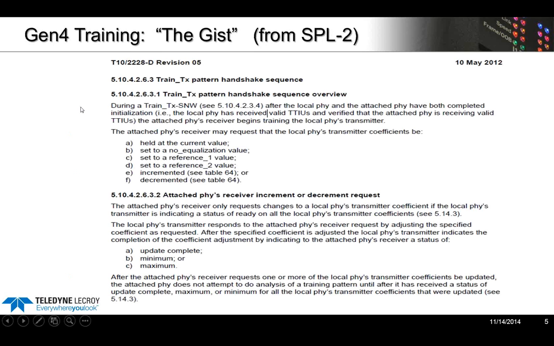From SPL2, we're actually up to SPL3 now. This slide's a bit old, but the way the 12G back channel training is done is pretty fully described right in paragraph 5.10.4.2.6.3. So I'm going to go ahead and read it here. During the train TX speed negotiation window, SNW, after the local PHY and the attached PHY have both completed initialization,